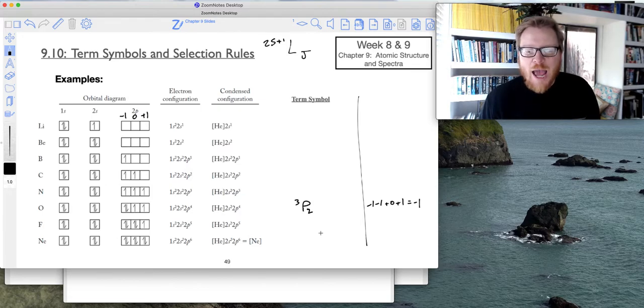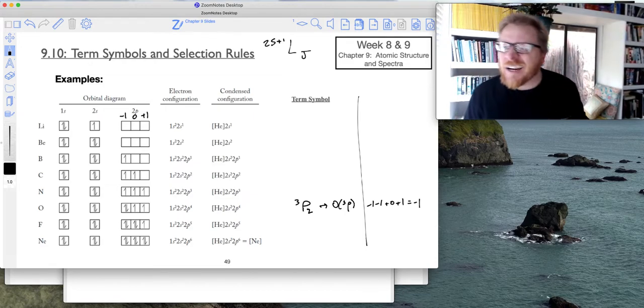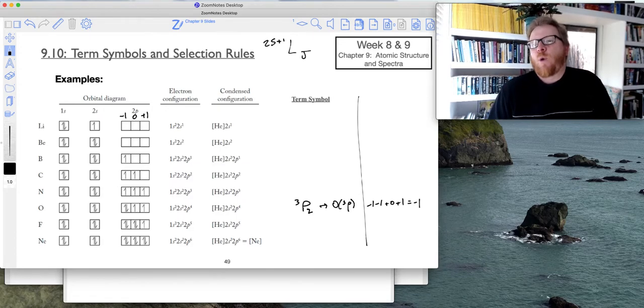But oftentimes we see an oxygen atom just listed as O triplet P. Hopefully you remember that from our kinetics. Because that J equals 2 state is less important for the spectroscopy, we would list that as O triplet P. Okay. So